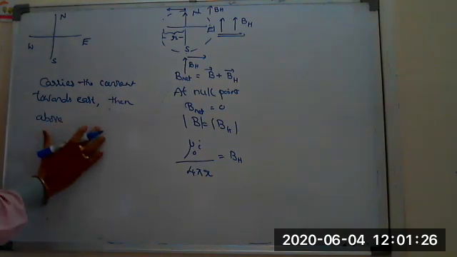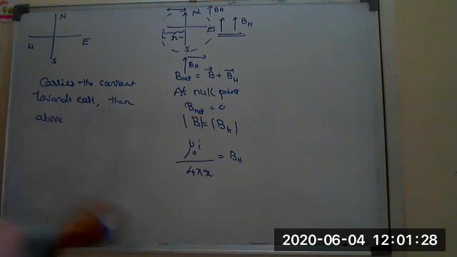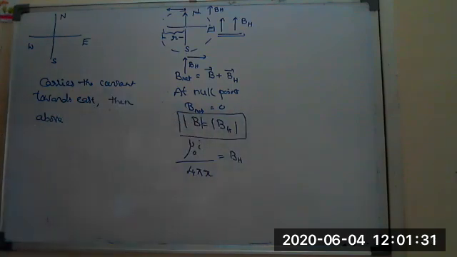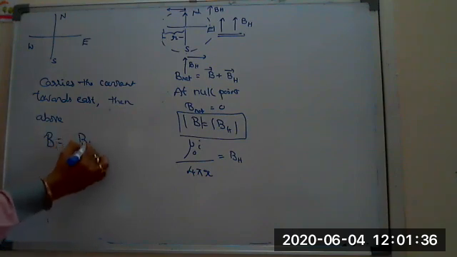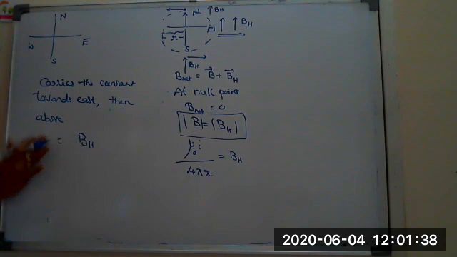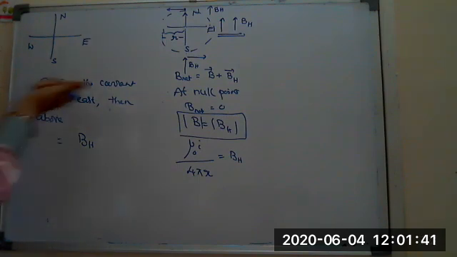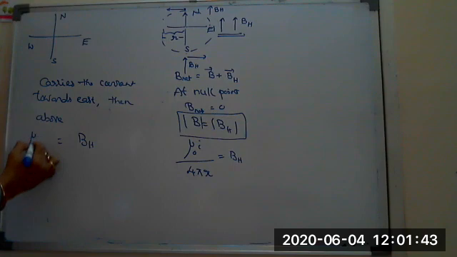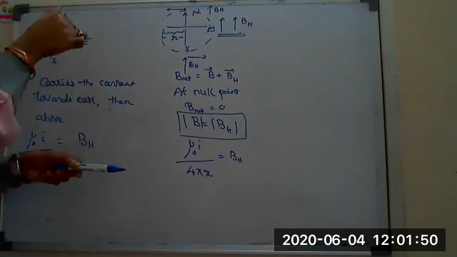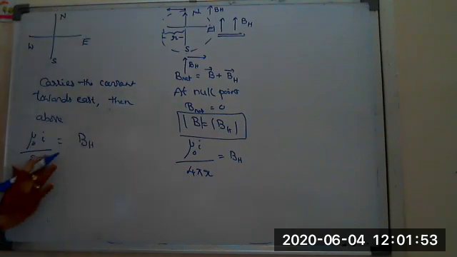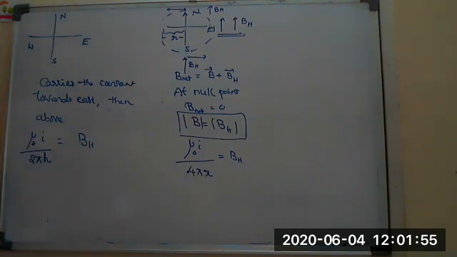So in this case, Nana, at the null point, again the condition is B due to the current carrying conductor is equal to Earth's magnetic field BH. This time keep in mind, I am taking it as an infinite straight conductor. So B is mu naught I by 2 pi R, not 4 pi R. That R I am taking as the height h. So I write R is equal to h. From this you can say at what height the null point is formed.